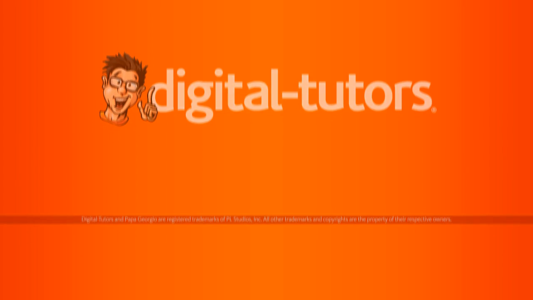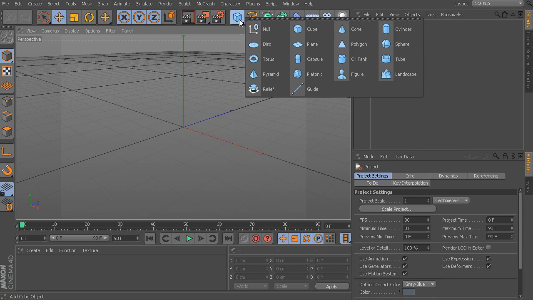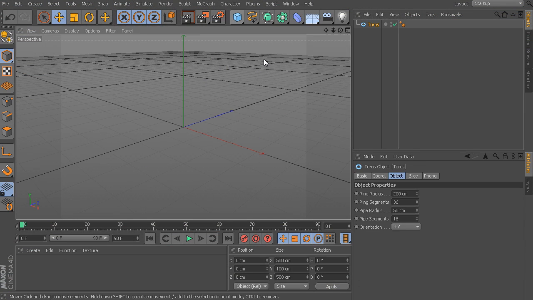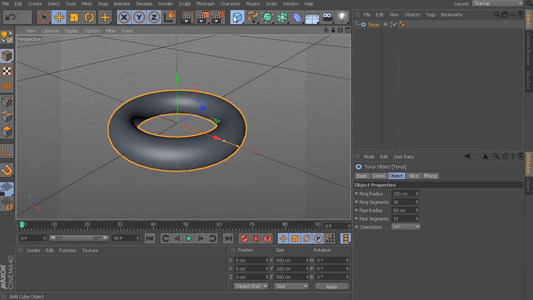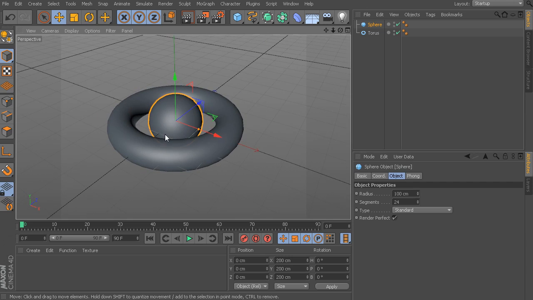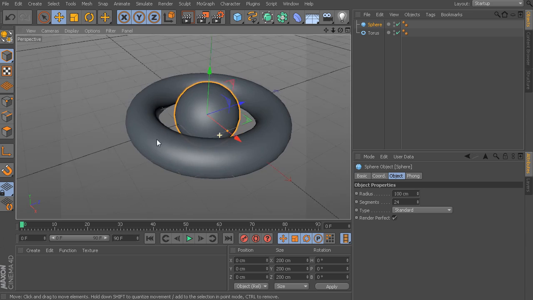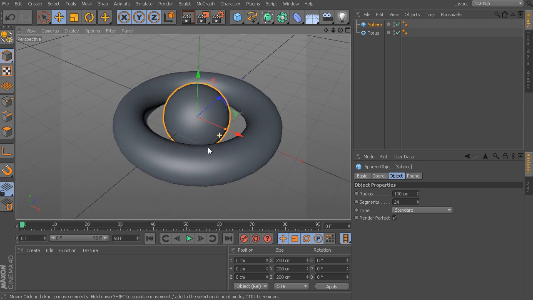In this lesson, we'll briefly talk about the process of using keyboard shortcuts and creating your own keyboard shortcuts inside of Cinema 4D. Okay, so once again, we're just going to start with a blank scene to keep things simple. So let's start with maybe just a couple of simple objects here, maybe a torus and maybe just a simple little sphere. Now, the process of using keyboard shortcuts inside of Cinema 4D is somewhat unique as far as most